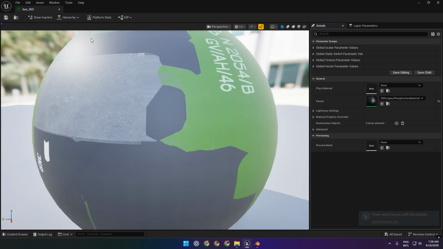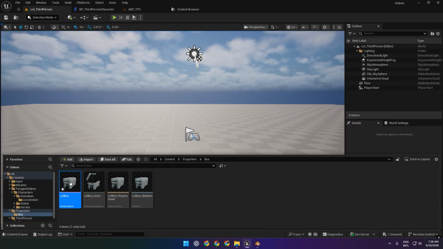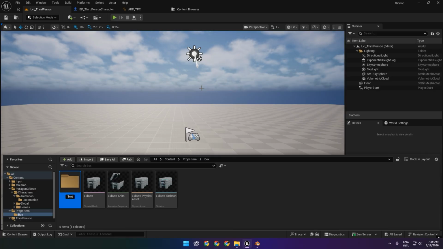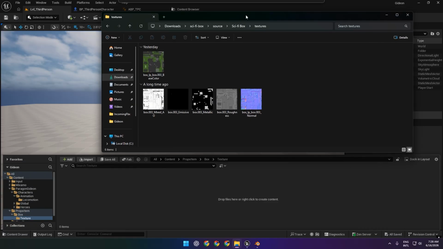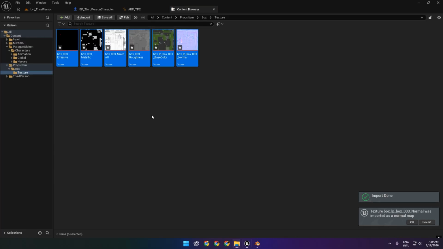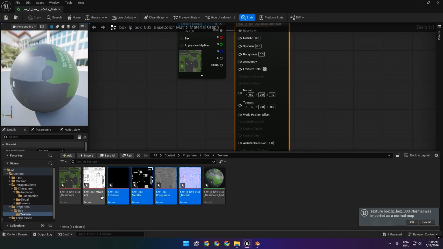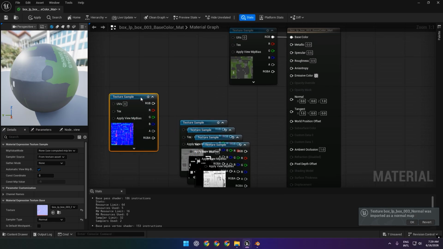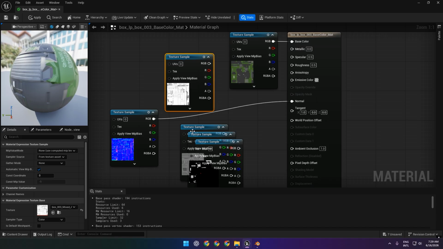Now in our material, let's remove this one, also remove this one, create a folder for texture. So in the download file of this box, we have these textures, so I'm going to import all of them. Let's create a material from here and then select all of these. This is going to be normal, and this is our, what is this,